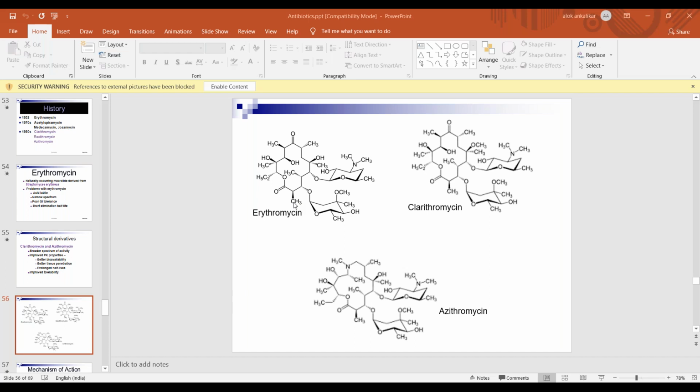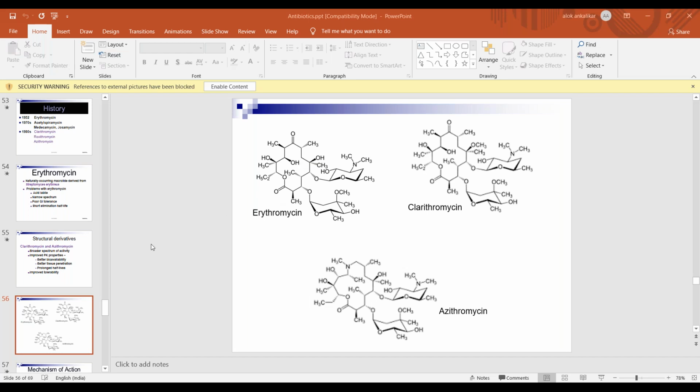So through a glycosidic linkage, you can see over here, this is the glycosidic linkage. This is the sugar part or the glycone part, and this glycone part is attached to the aglycone part through a glycosidic linkage. Now, usually this lactone ring, this is what we call a lactone ring, and it usually has around 12, 14 or 16 unsaturated atoms which are there in conjugation with each other.